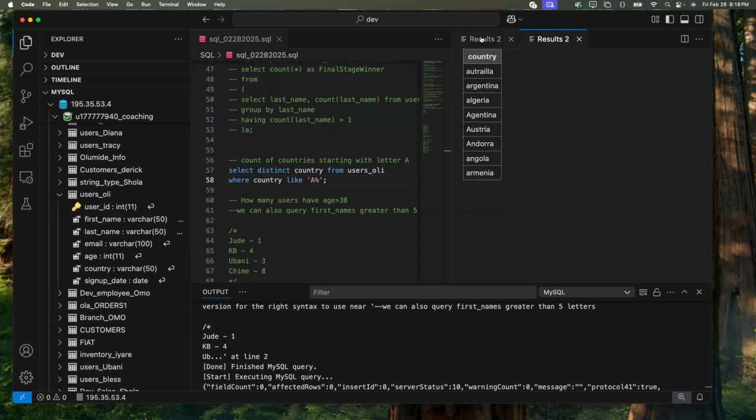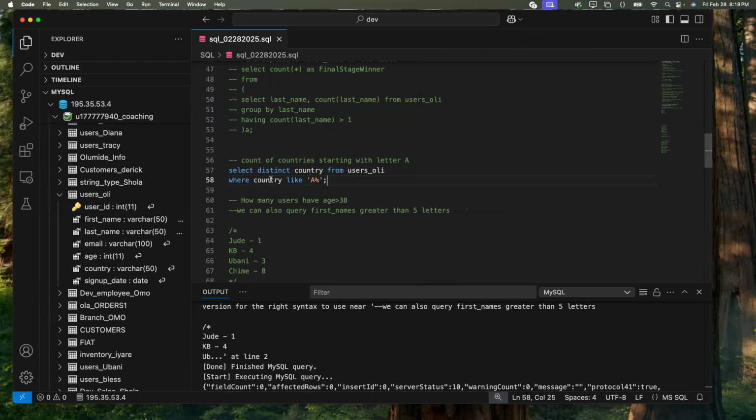All right. So now let's go back. Let's go back and take a count. So if we need to take a count, what's the distinct? Distinct is unique. Okay. So let's take a count of the distinct country as count. Okay. So we will basically now know who the winner is. All right. So if we run this,